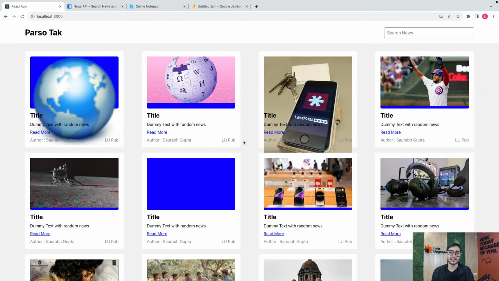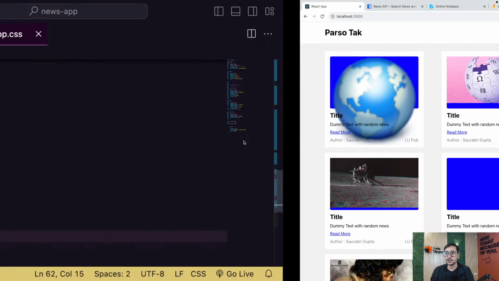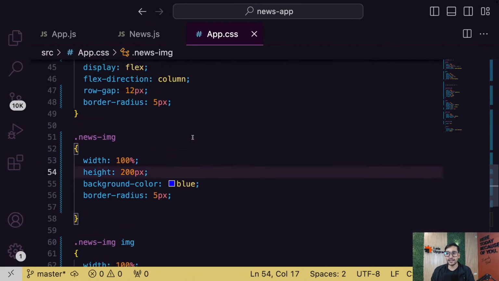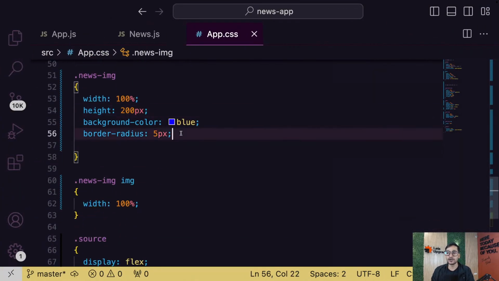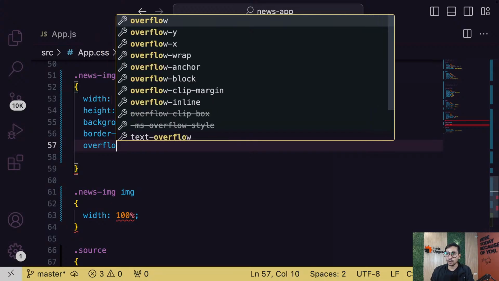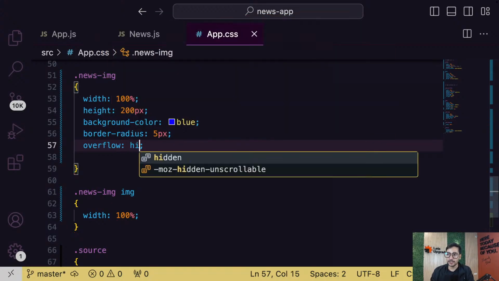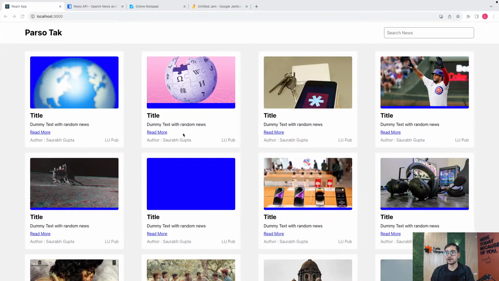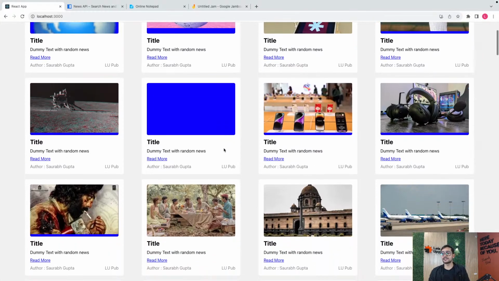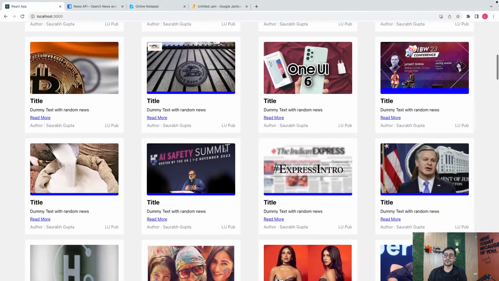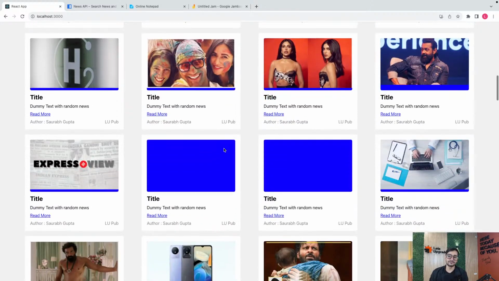Some are still big in height, and we can't do anything about it because these are images coming from the internet. We cannot handle their height and width in here. So for that, guys, we'll say if any image is going outside your boundaries, overflow hidden will only display half the image for some of the images. So now, guys, you can see all the images are properly getting adjusted. Now they are not perfect because some of them have bigger height, but it's okay.